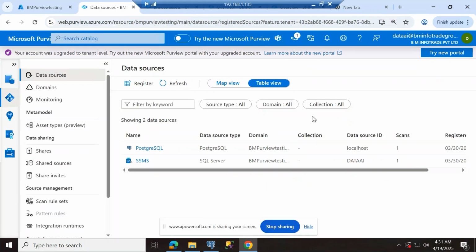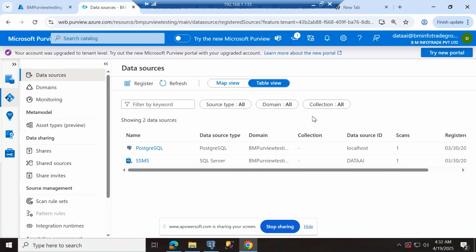Let me highlight a few features that really stood out for us. First, it can automatically scan your data sources, and it shows you data lineage so you can see where your data came from and how it's being used. It classifies sensitive data like health records, and you can set RBAC policies for security purposes. RBAC is role-based access control, and Azure Purview is integrated with Azure Key Vault to safely handle credentials. If you are working with sensitive or regulated data, this makes life so much easier.